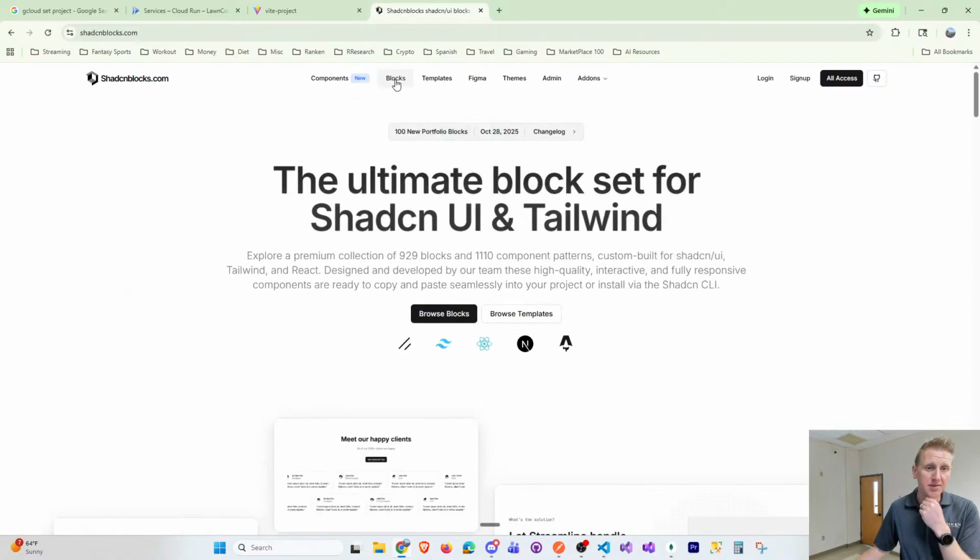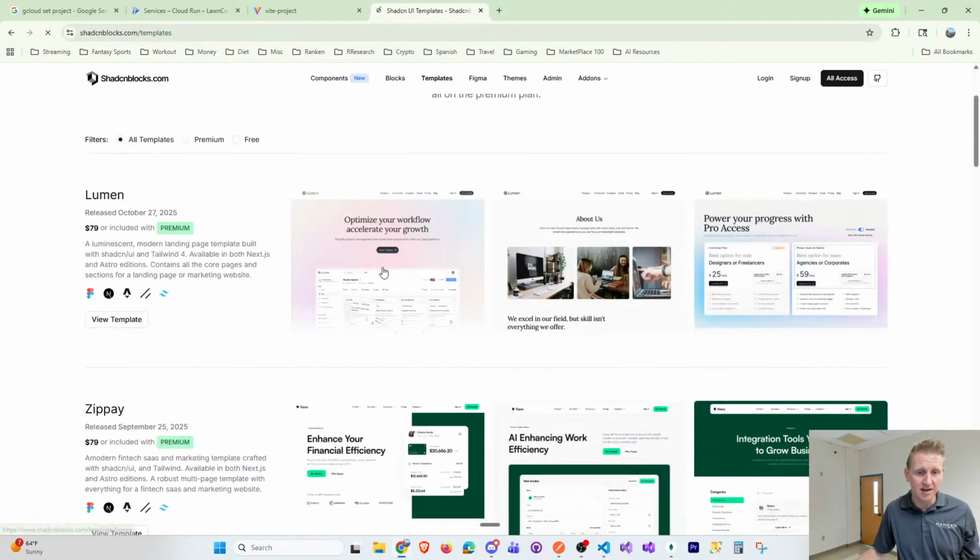Now, I do know some of these are free. I don't know which ones are free. Certainly this one has this website. It's supposed to be the best one, but I know a lot of them are behind a paywall. And you could see October 28th, there was 100 new blocks. But there's a lot of